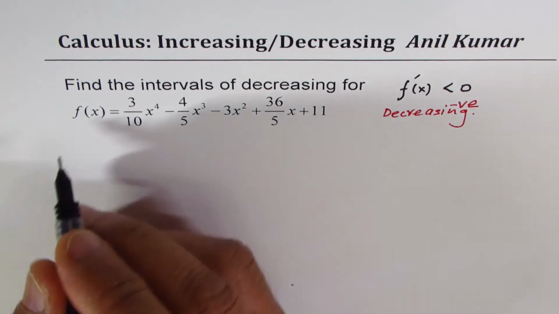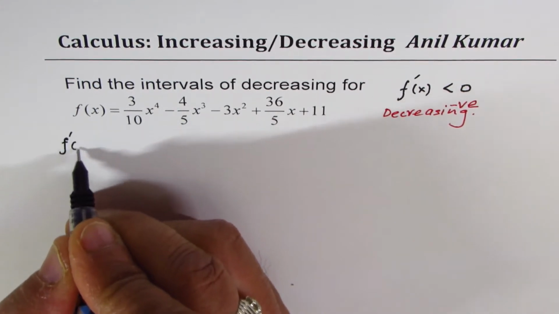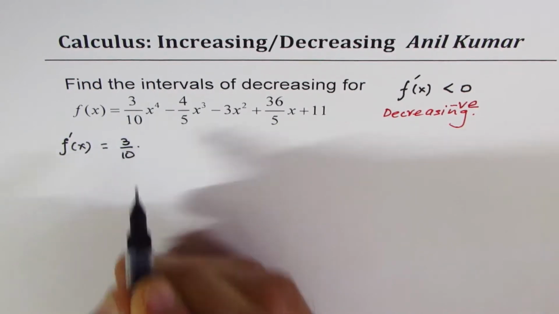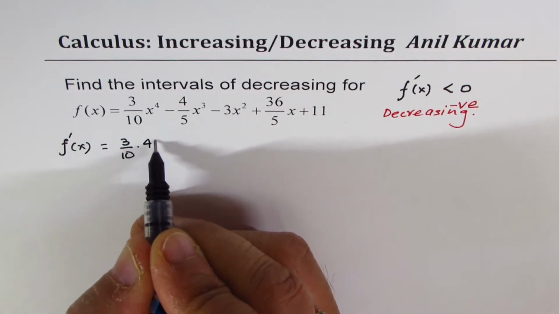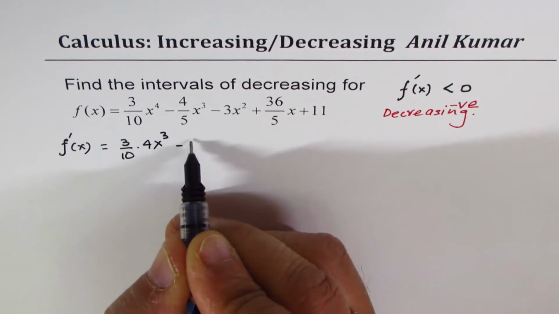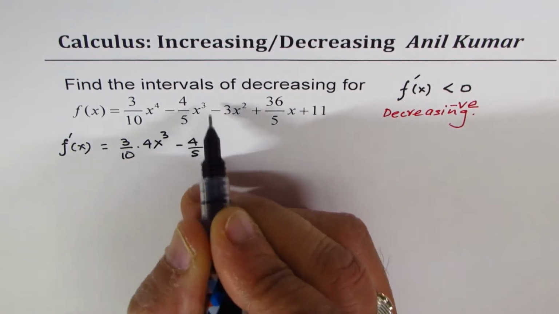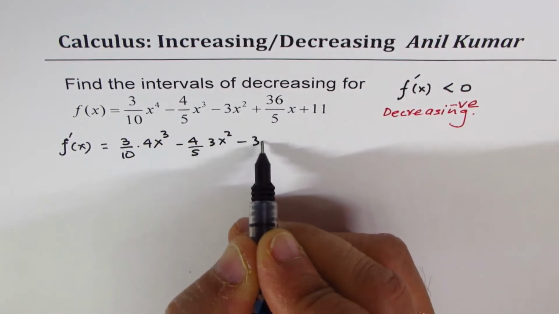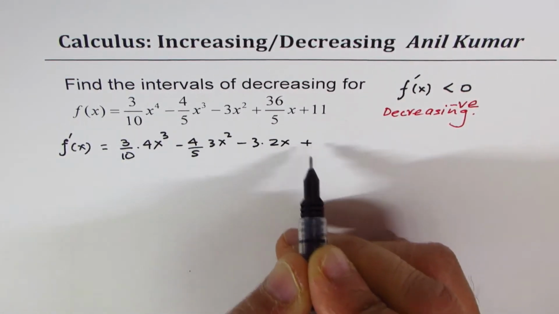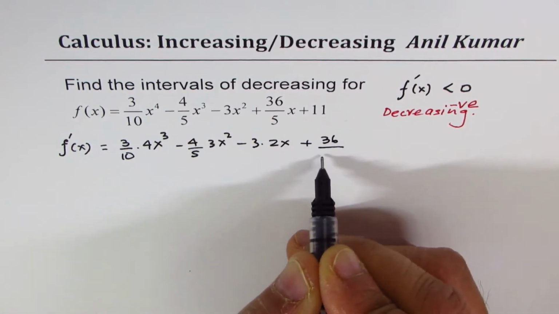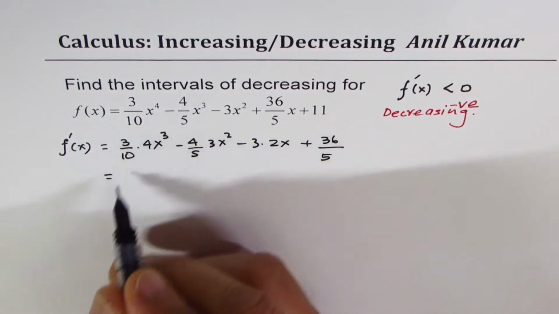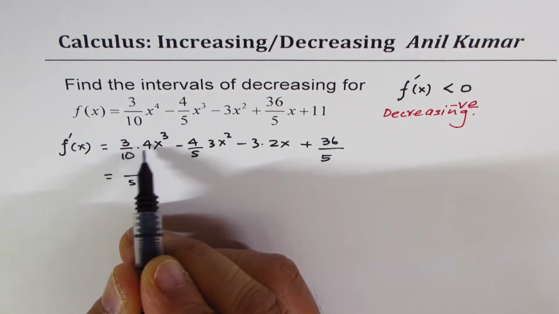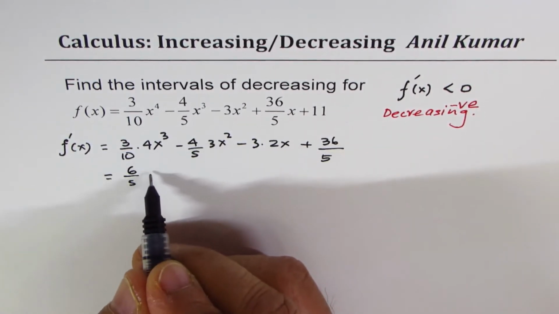So we have this function. We can find the derivative of this polynomial. The derivative is equal to 3 over 10 times the derivative of x to the power of 4, which is 4x cubed, minus 4 over 5. The derivative of x cubed is 3x squared, minus 3 times 2x plus 36 over 5. Now let's simplify this. This goes 5 times. You are left with 2 here. 2 times 3 is 6. So 6 over 5 x cubed